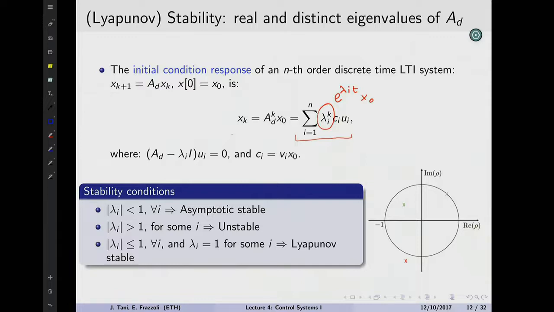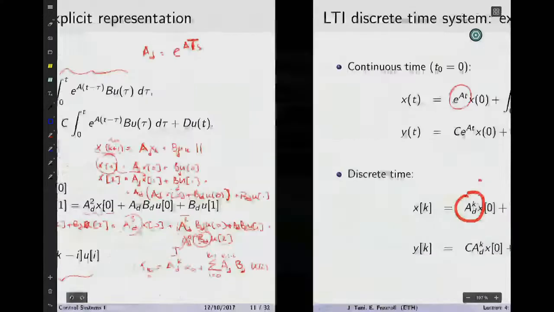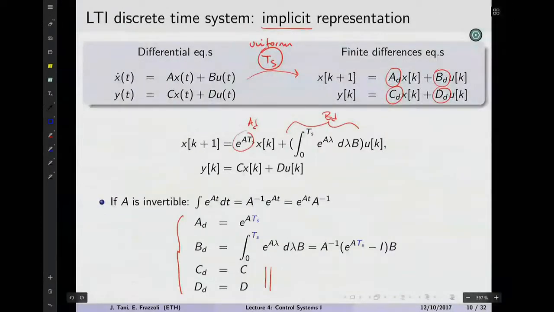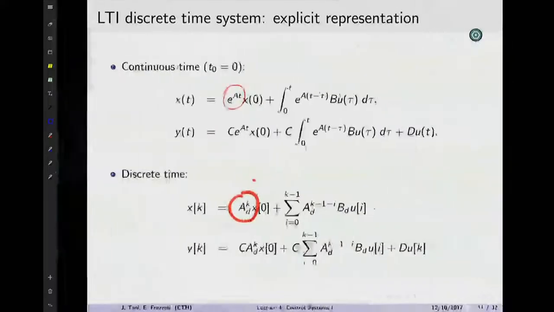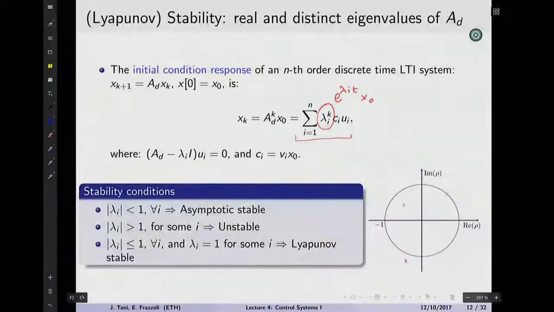We said we understood the discrete time systems are approximations of continuous time ones. We just evaluate things at specific points in time. Therefore, the evolution between two subsequent consecutive points in time is regulated by difference equations, finite difference equations. These ones here. And we get to pass from one representation to the other through some fancy formulas that depend on the period, the sampling period.